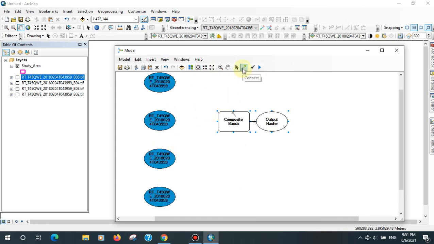Here is the connector tool. Through the connector tool we can connect input in the processing toolbox.